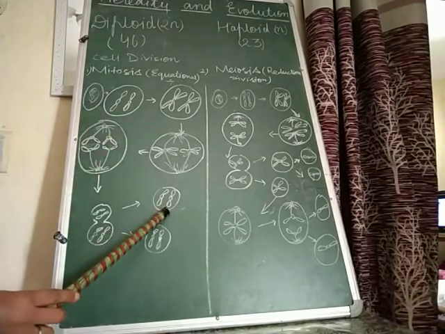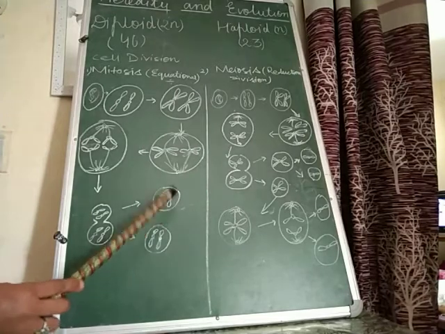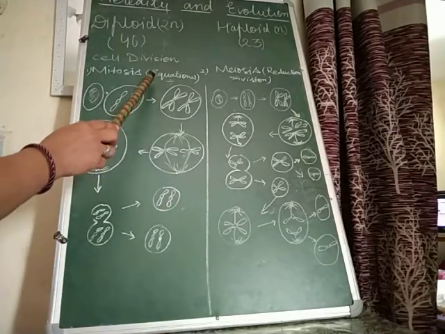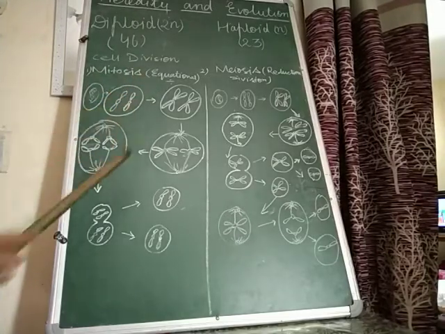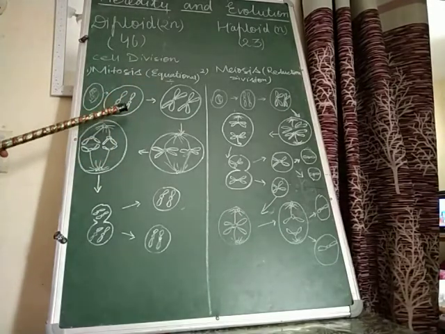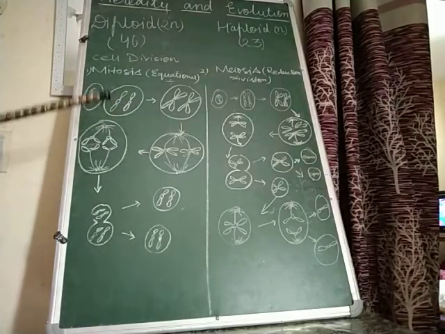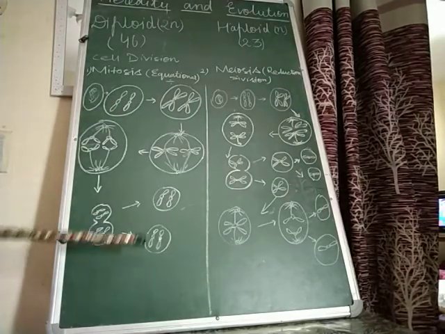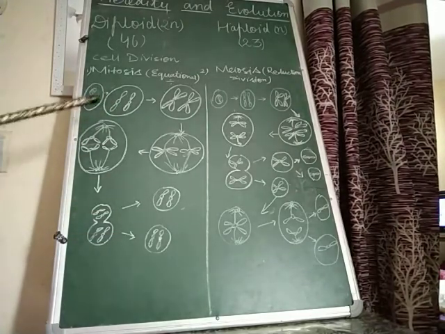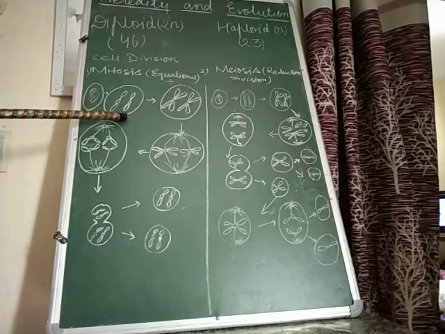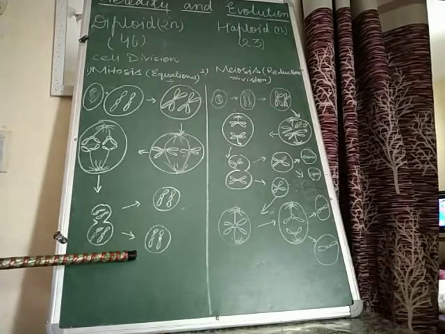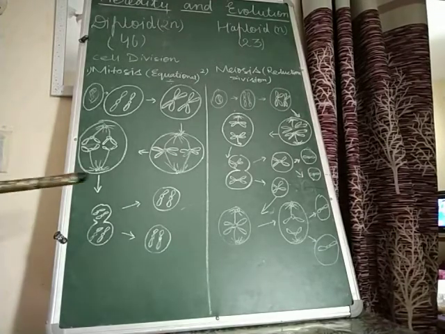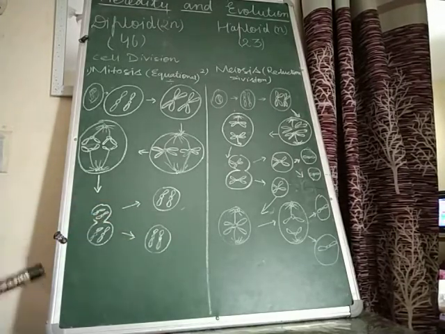At the end of cell division also there are two chromosomes. So that's why we say that mitosis is equational division, because the number of chromosomes remains the same after the cell division and before the cell division. As before the cell division there were two chromosomes, at the end also the number of chromosomes is 2. And the number of cells will increase, two cells are produced.